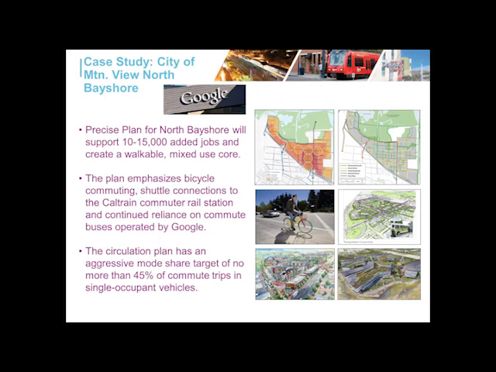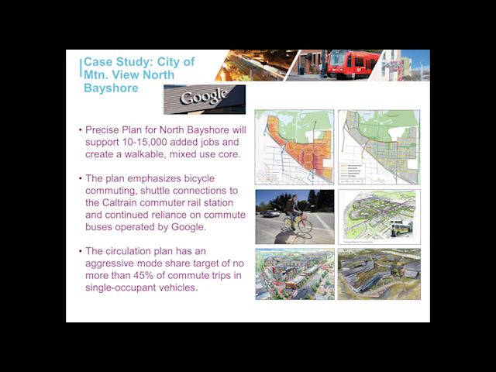The city of Mountain View, probably best known these days as the home to Google, has been working with the high-tech companies there to develop a plan that would allow continued employment growth while retaining the kind of small urban community character of the city. And that led to a recently adopted precise plan that will allow another 15 or even more thousand workers added in the North Bayshore portion of the county around the Google complex and others,